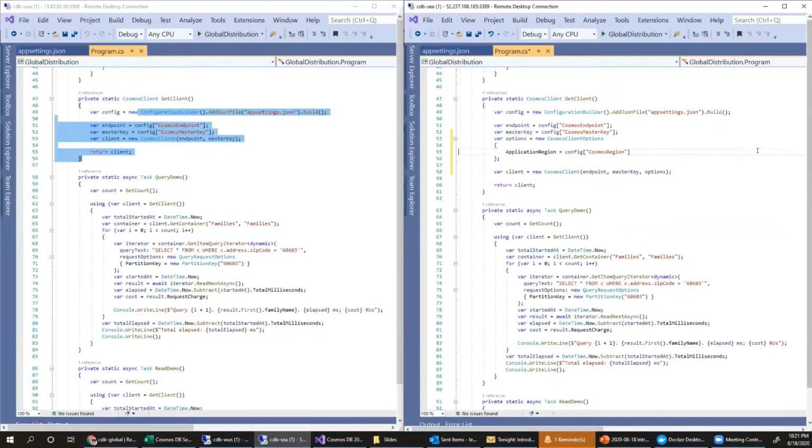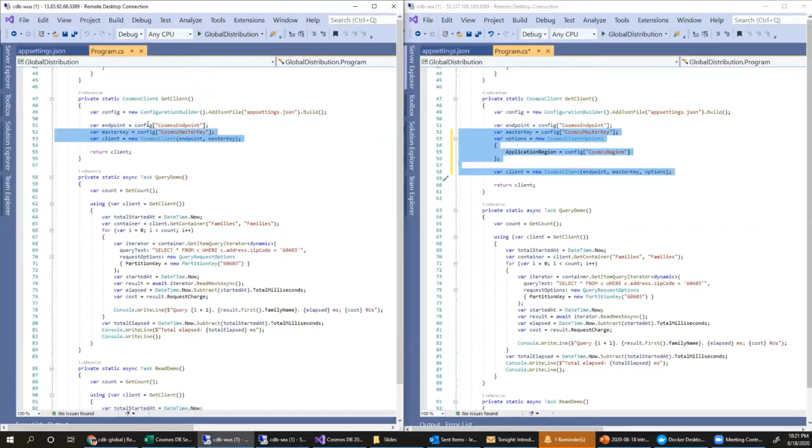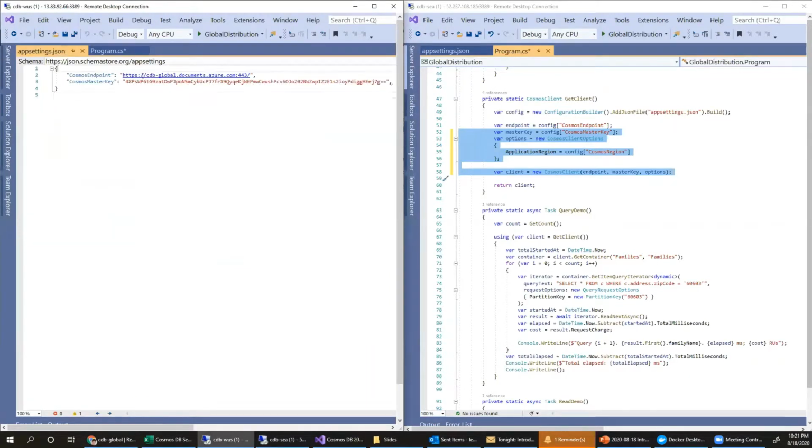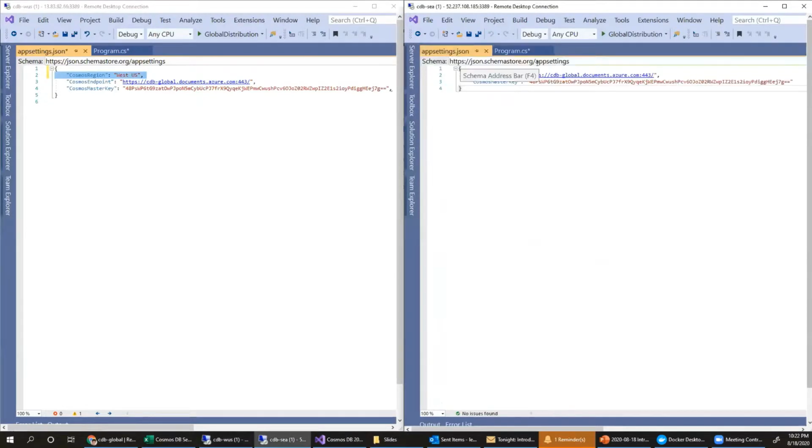Now, you want the bits in all regions to be identical, right? So now you have identical bits in both regions. But in app settings JSON in West US, I'm going to set my Cosmos region to be West. And all we need to do over in Southeast Asia is set that to Southeast Asia. In the interest of time, I'm not going to run in West US again because perf was perfect there to begin with. But here in Southeast Asia,